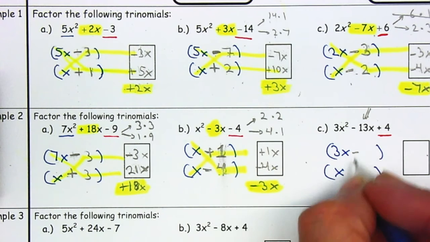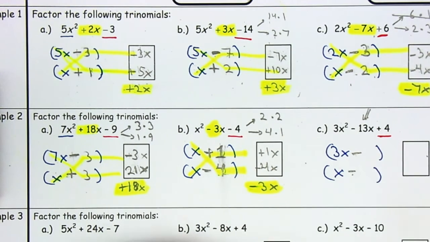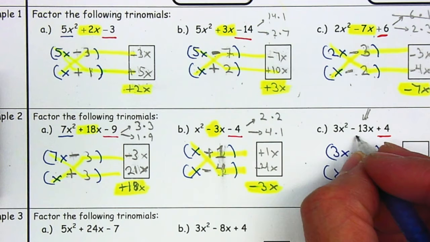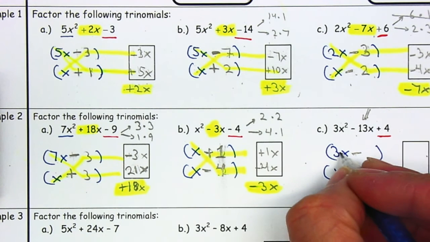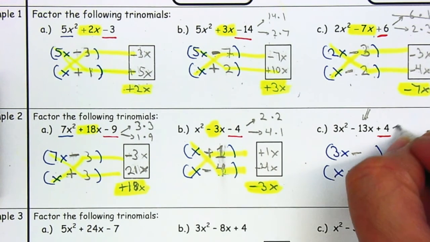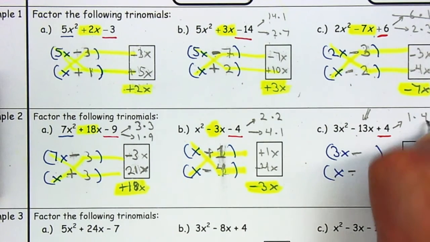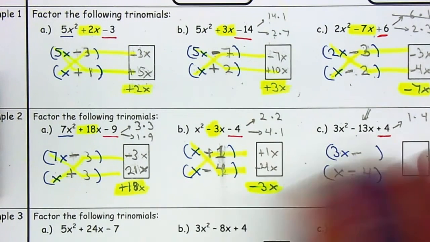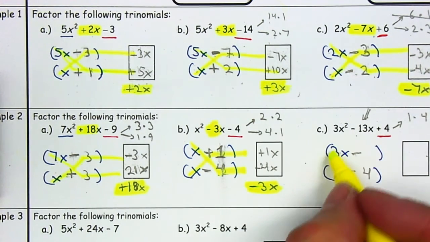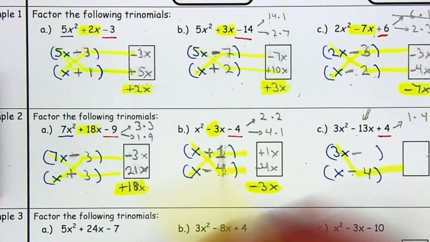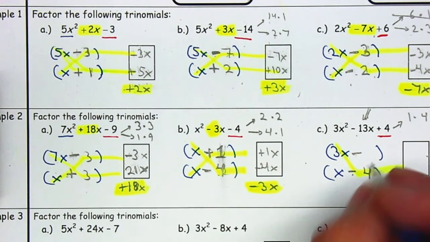So they both have to be negative in this case, right? Because when you multiply negative and negative, it's going to be a positive. But whenever you add two negatives, it will give you the negative 13. Now I need to end up with 13, and I know 4 times 3 is 12. So for factors of 4, I'm going to use 1 times 4. I'll place my 4 in here because that will give me 12, very close to 13, and my 1 in here,